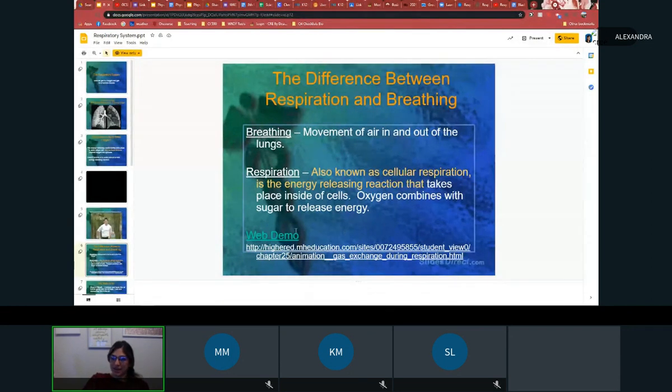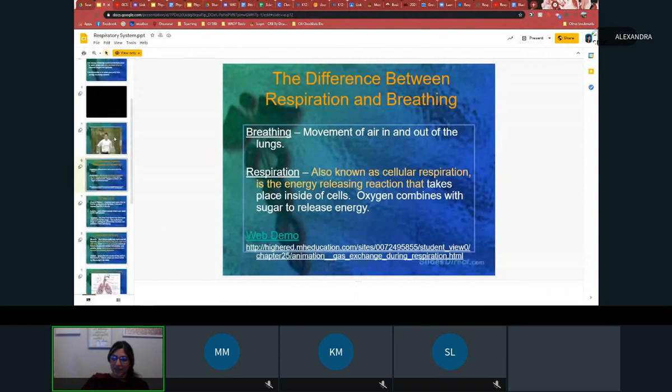So that does not work either. So these are two separations. Respiration is actually cellular respiration, when that glucose gets broken down into usable ATP and releases carbon dioxide as a byproduct. Breathing is just getting that air. Breathing is just the movement of air in and out of the lungs. Okay. So when we think,